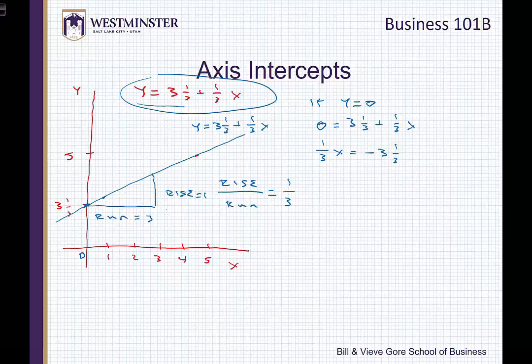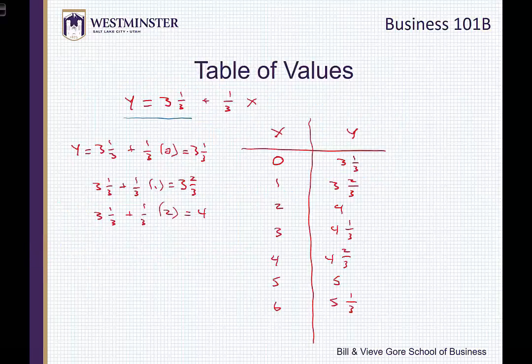I've just rearranged that, of course. I've subtracted 3 1/3 from each side of the equation to arrive at this. Now I'm going to multiply each side of the equation by 3, so I can arrive at x equals 10, or rather negative 10. So I know that out here in negative space,